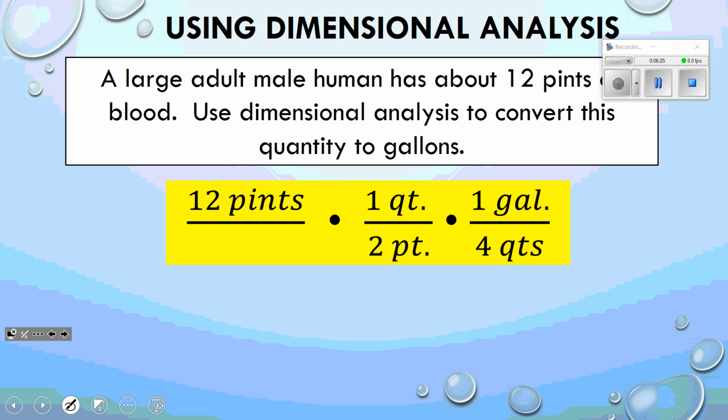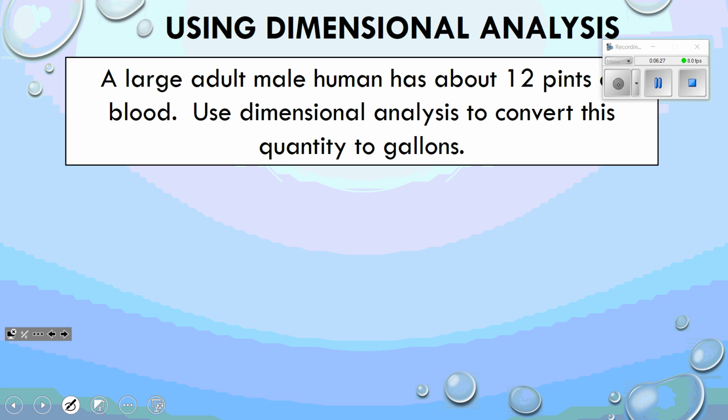Now, in the conversion, we have to think about what, I'm going to back that up. We have 12 pints. We have to think about what conversions we know. We have a common conversion chart that you can print off. We know that there are 2 pints in a quart,